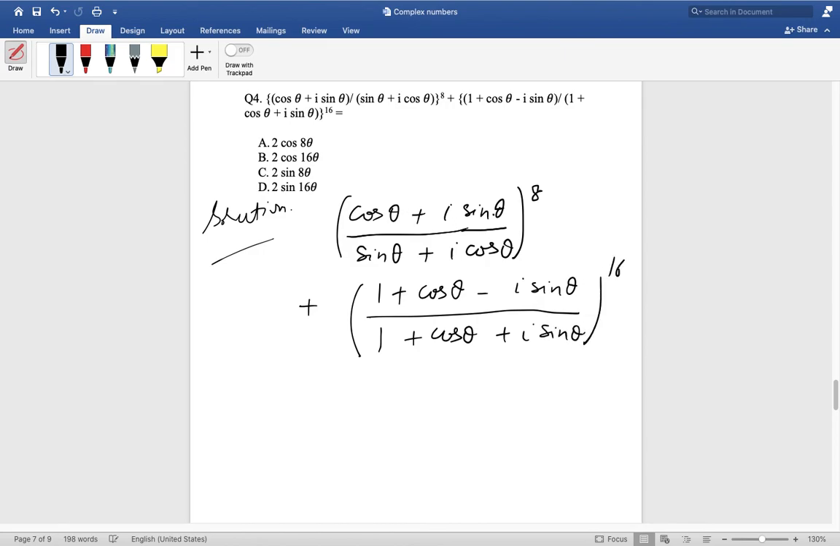We know that cos theta plus iota sin theta is what? E to the power iota theta. But sin theta plus iota cos theta, what is this? Sin theta plus iota cos theta. If I can write it in this way,